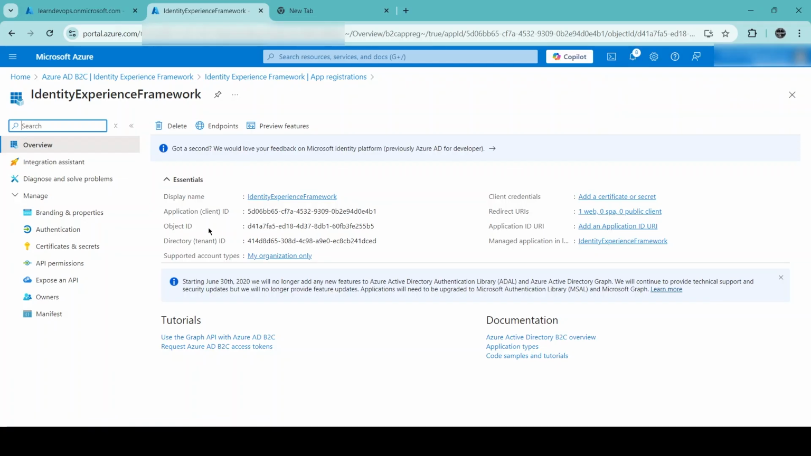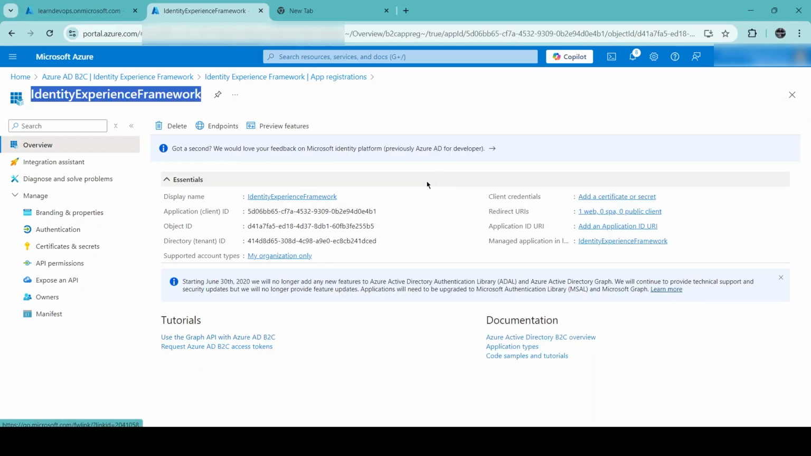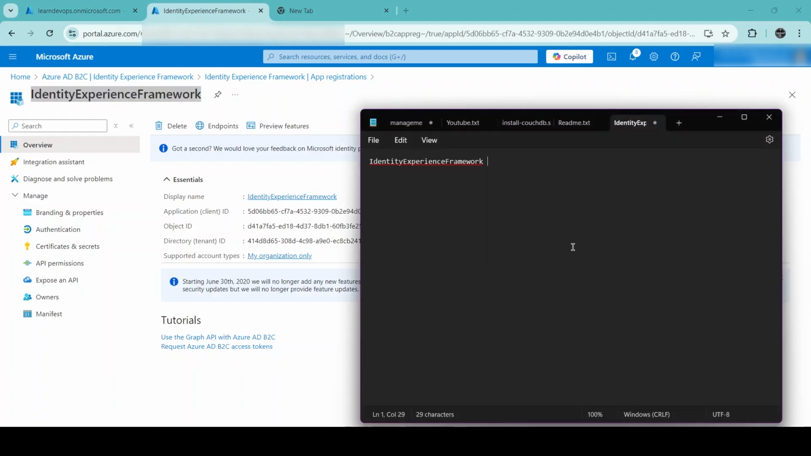And you need to note it down, this app ID, so we need it later. I'm just copying it to a notepad, and the application ID. Okay,